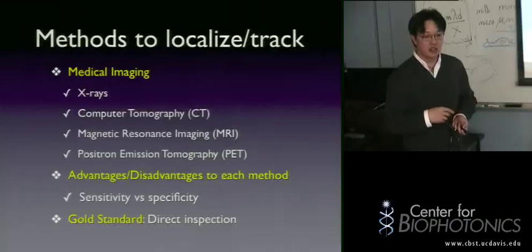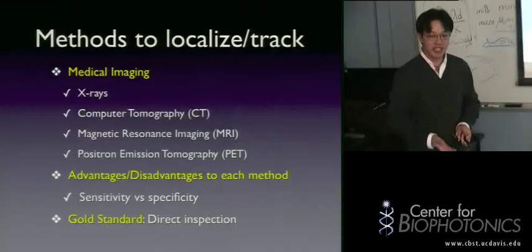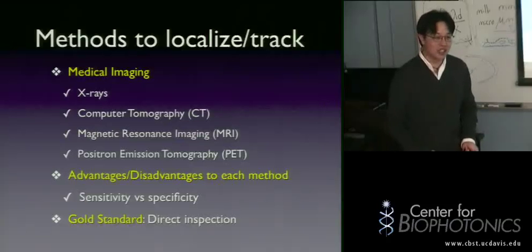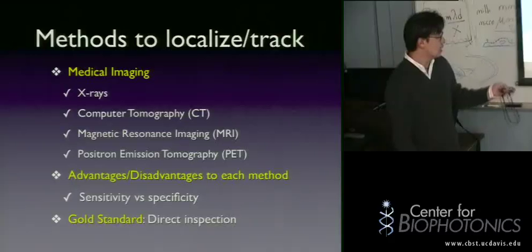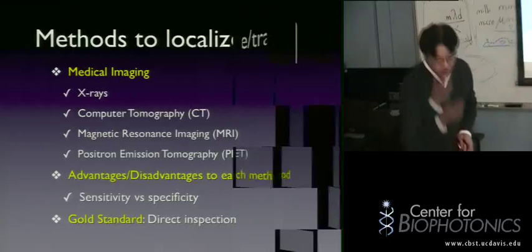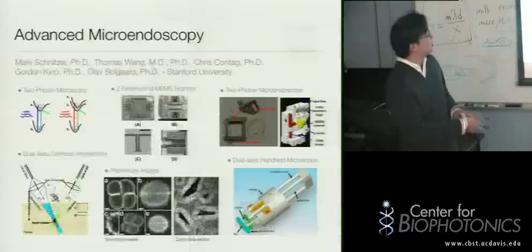You might have something which is very sensitive. It's able to pick up cancer every time it exists, but the problem is that it can't tell you when you don't have cancer, because it's always saying, yes, there's cancer, yes, there's cancer. So it's too sensitive, not specific enough. Again, the gold standard ends up being direct inspection, and so in order to help that, we're using biophotonics to